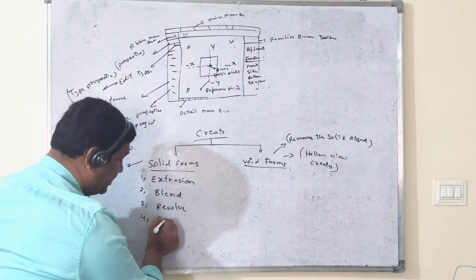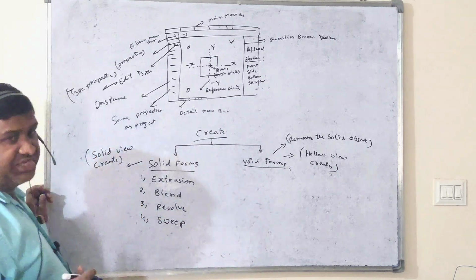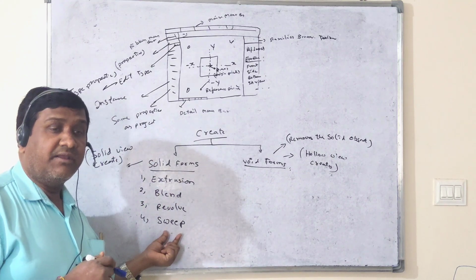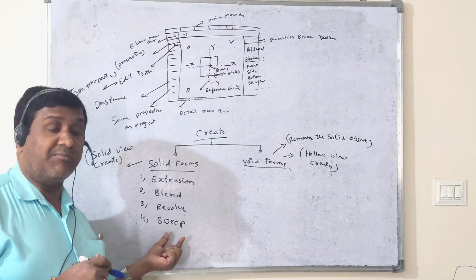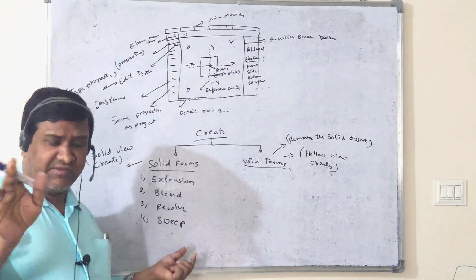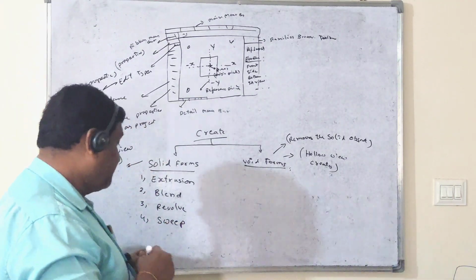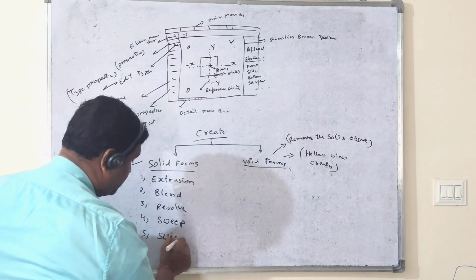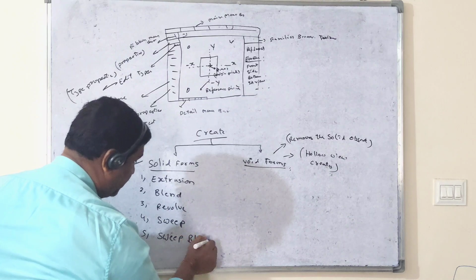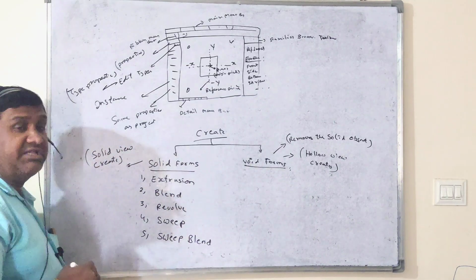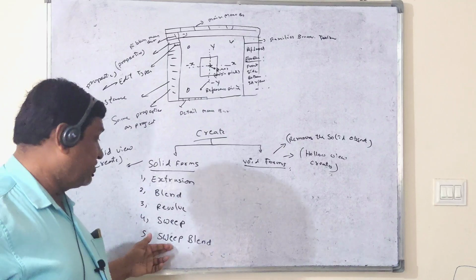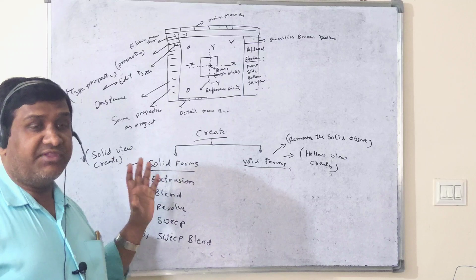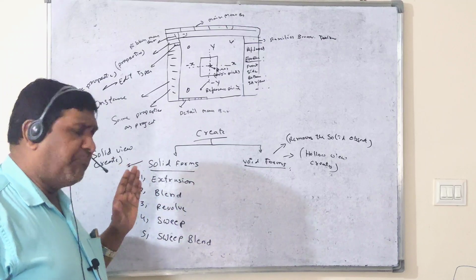And there is one more option, sweep. With the help of a path we can create this sweep. So with the help of sweep we can create a model with an irregular shape, different shapes. And there is one more, sweep blend, because here an irregular shape object but with different sizes is also going to be created. So with the help of these 5 tools